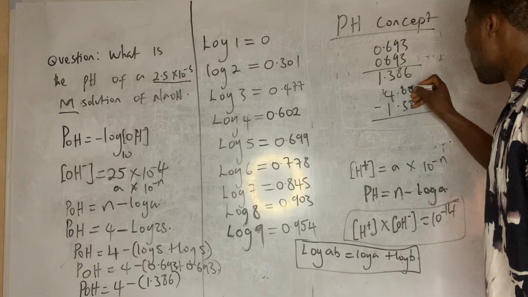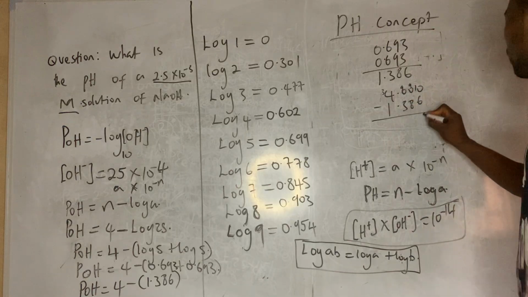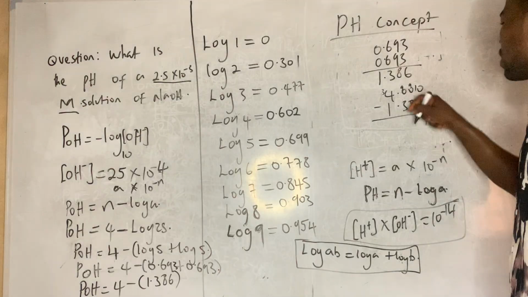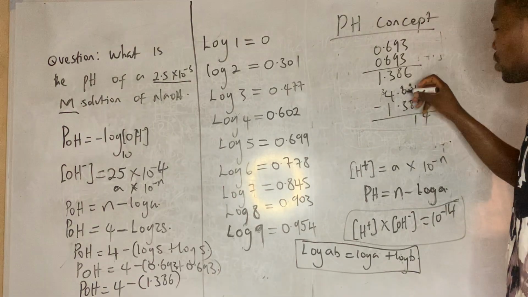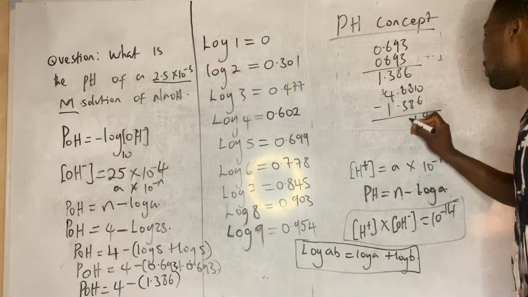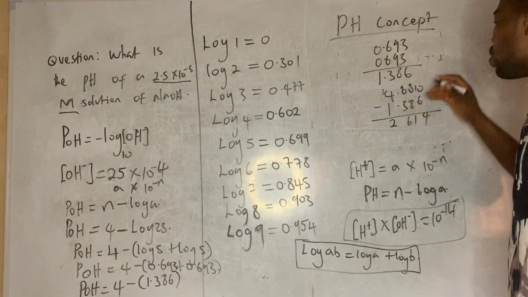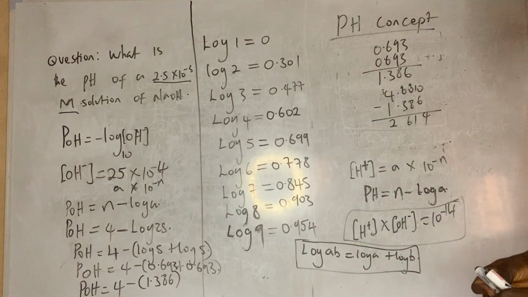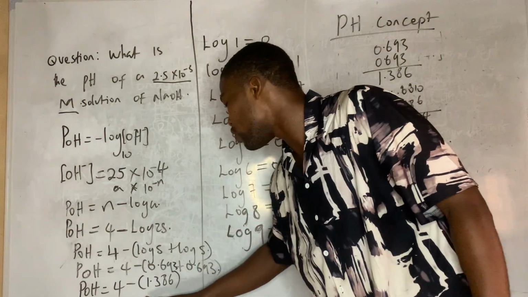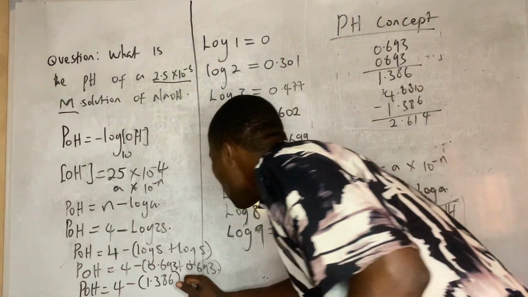Borrow 1 again, take 1 here to be 10, 10 minus 6 is 4. 9 minus 8 is 1. 9 minus 3 is 6. 3 minus 1 is 2. So I just did simple maths, 4.000 minus 1.386. I'll get 2.614. So the pOH is